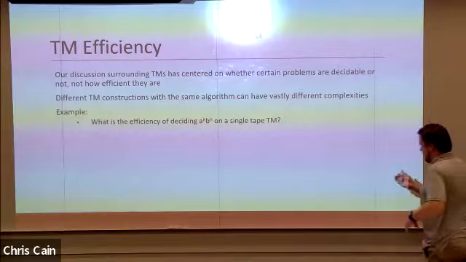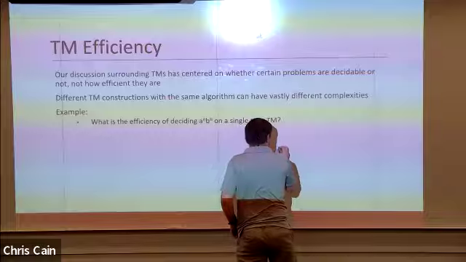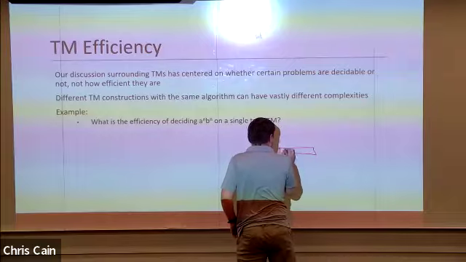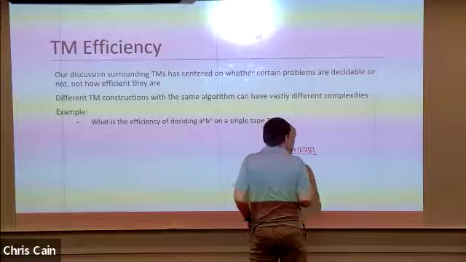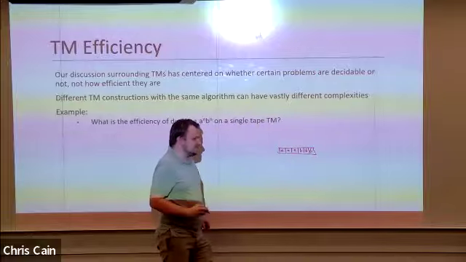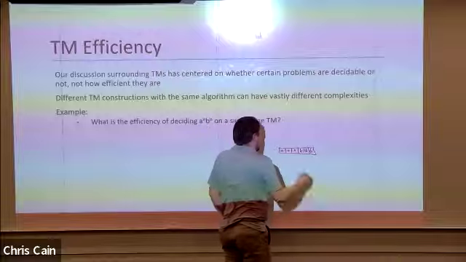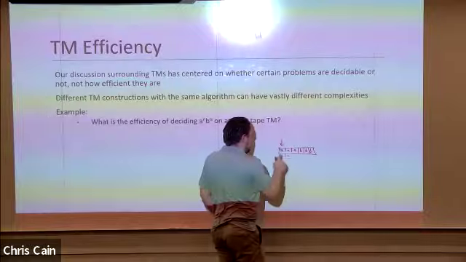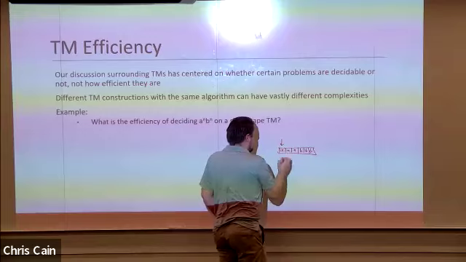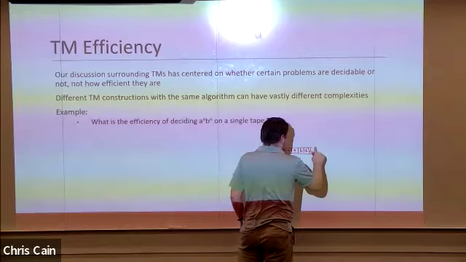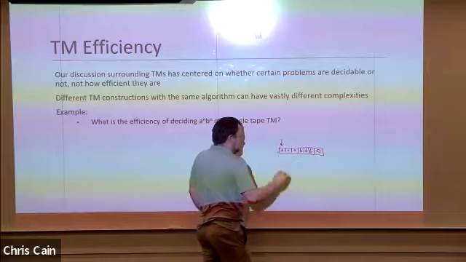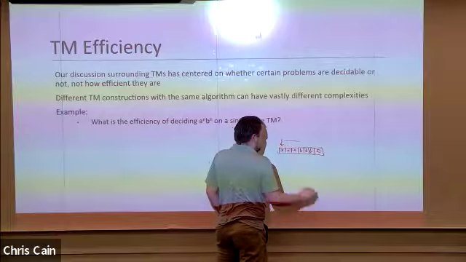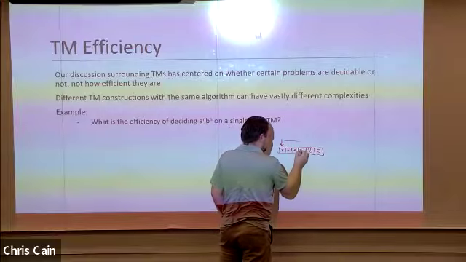Let's say we have on our input tape some A's and some B's, and we want to determine if this string is in the form A to the n, B to the n. So our read-write head would start here. We would turn this A into an X. I guess we need an extra one at the end here that's a blank, just to be sure. And then we would move all the way right until we found a B. We would turn that B into a Y.